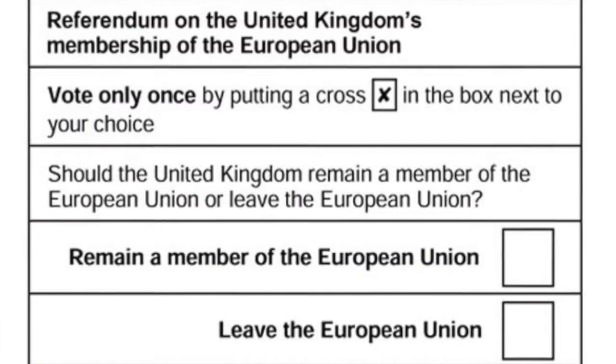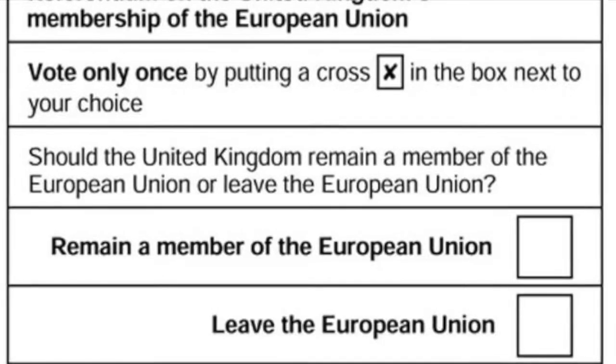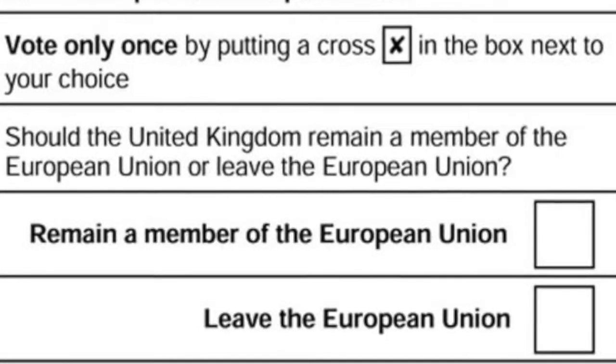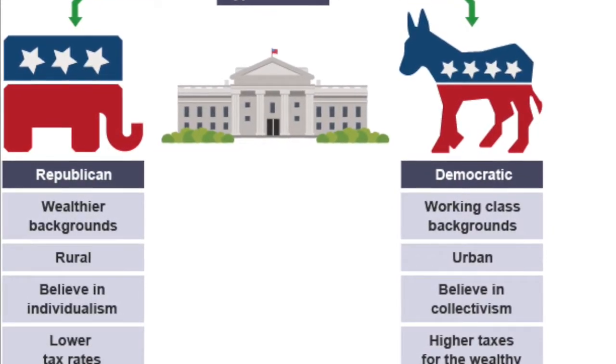Back in Britain, David Cameron was working on how to phrase the question of the referendum, so he decided on a Remain or Leave vote instead of the yes-no vote that won him the Scottish referendum. America has a two-party system which is equally as binary. Let's face it, the third-party candidates aren't going to win. It has been polled that voters have become even more divided in the past few years.